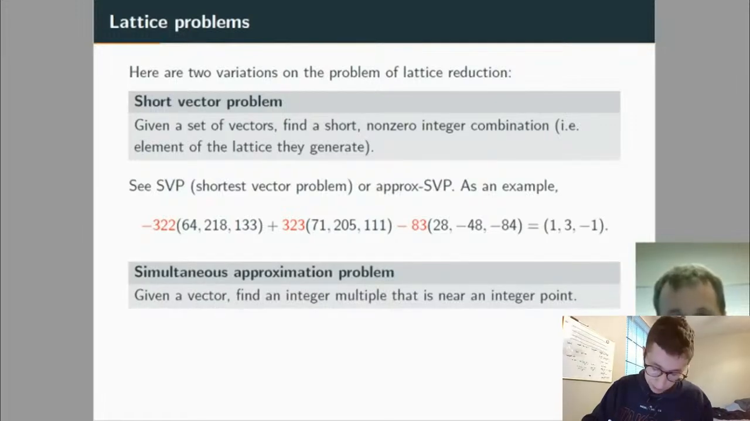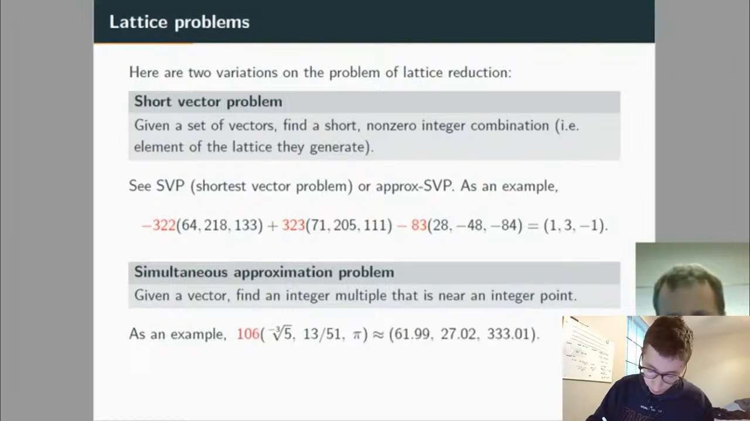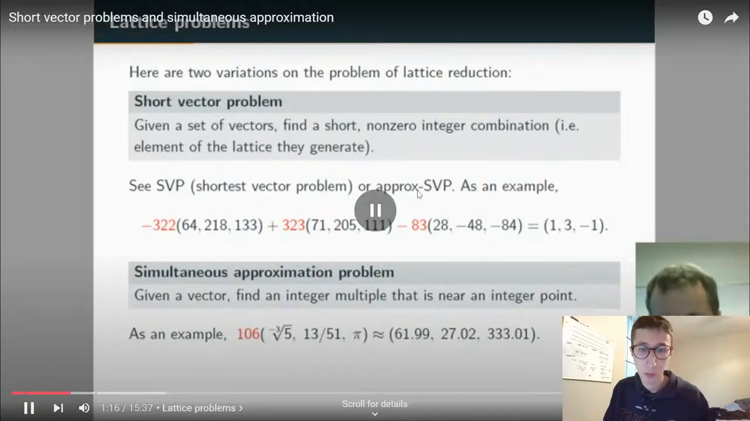The simultaneous approximation problem starts with just one vector, and we're asked to find a multiple that's near an integer point, meaning all of its coordinates, the output coordinates, are close to integers. So here's an example, another three-dimensional vector. What integer could we put in place of the red question mark? If you use 106, you see in the output there that